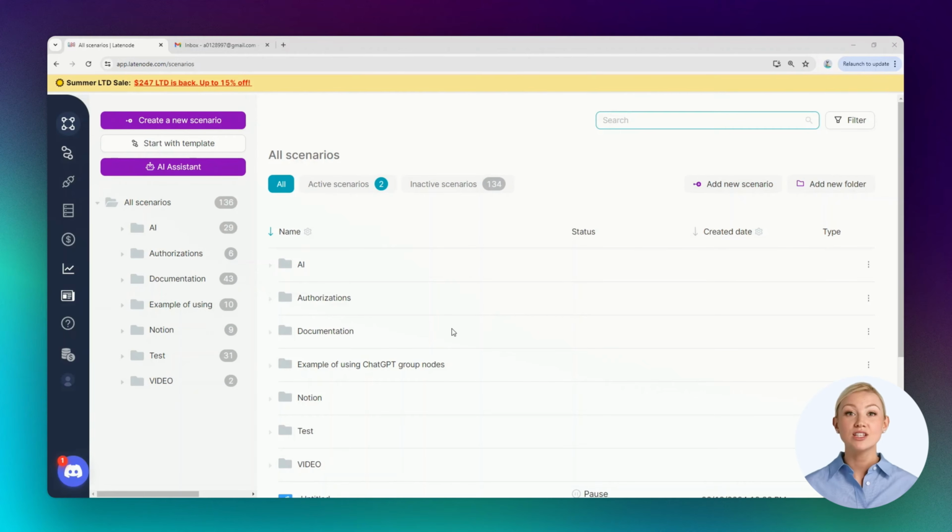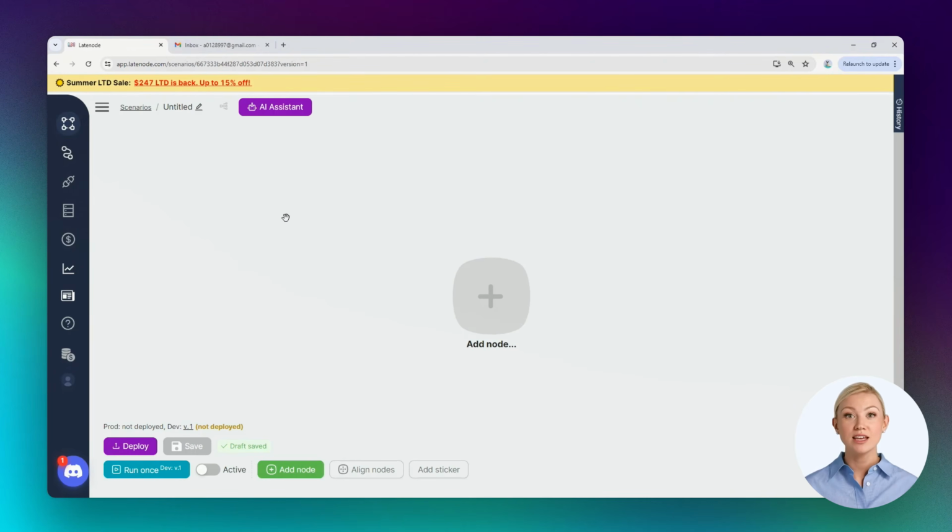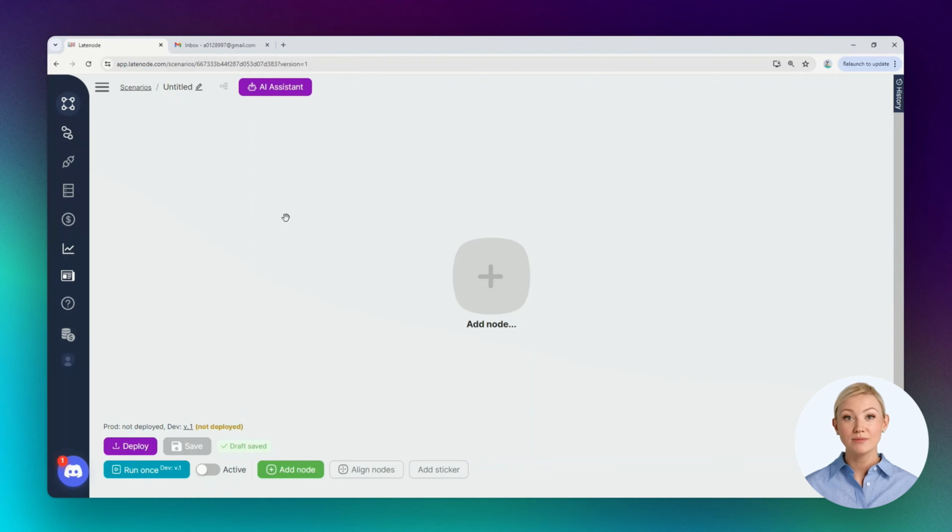To automate any function, you need to create a scenario. To create a scenario, go to the page displaying all scenarios and click the Create Scenario button. For any scenario to work, you need to perform 3 main settings. Add a trigger node for the scenario to start, add a node to perform the scenario action, and ensure the